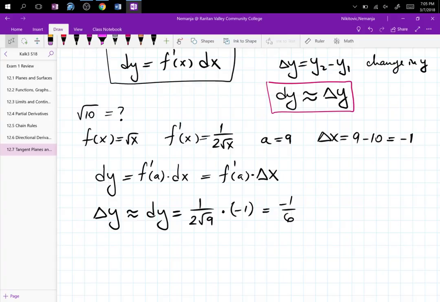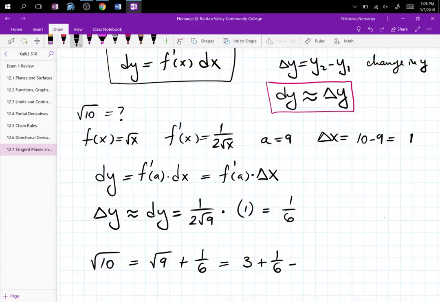Hold on, I think I put this backwards. So what is the square root of 10? I think I'll have to fix this. The square root of 10 is the square root of 9 plus the change. Yeah, I have it backwards. This is supposed to be 10 minus 9, which gives me positive 1. And that gives me a positive value over here, because I need to add 1 over 6 to it. There we go. So that's 3 plus 1 over 6,